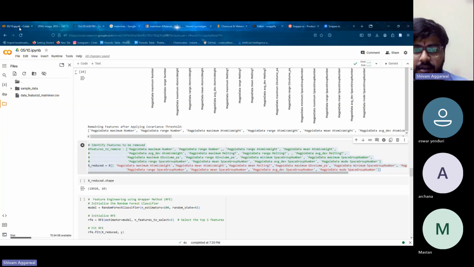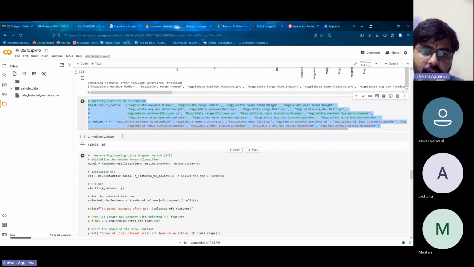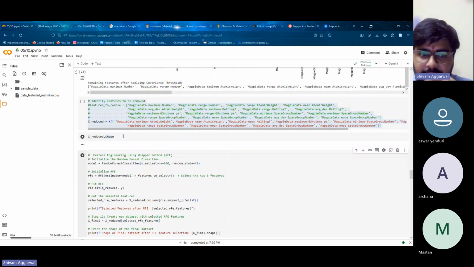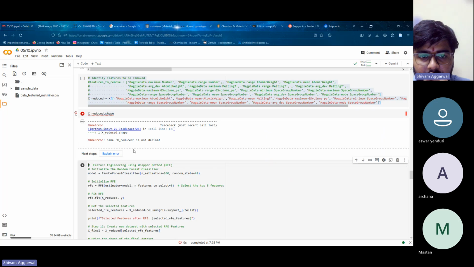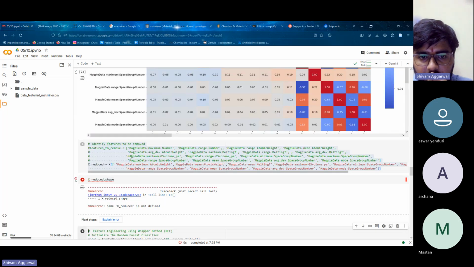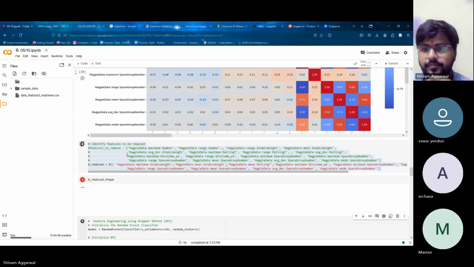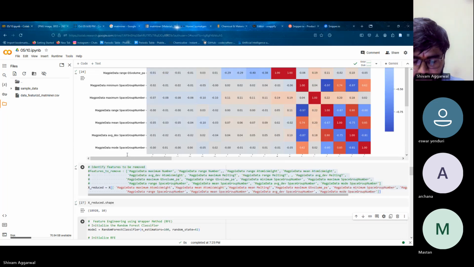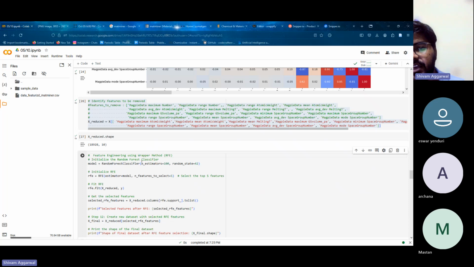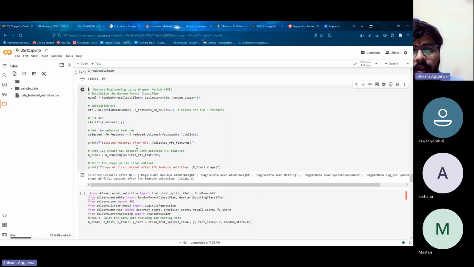Please copy this code and paste it in your notebook and run this. So after removing the features, I am just left with the 10 features. Okay. So now these 10 features, just suppose I will say